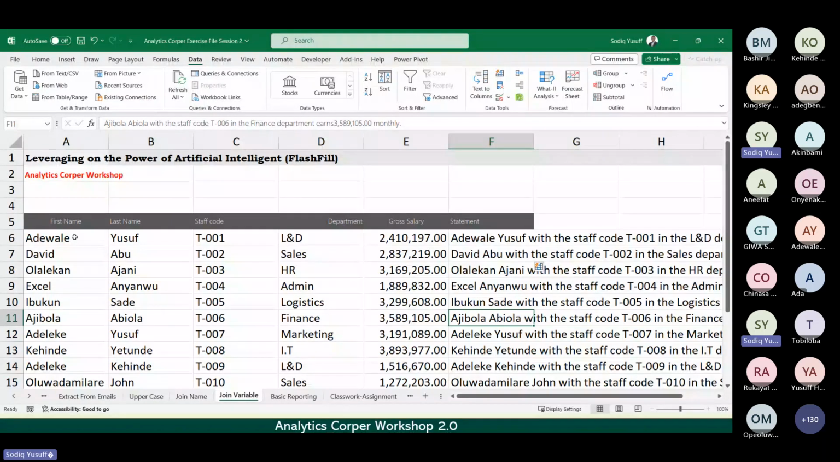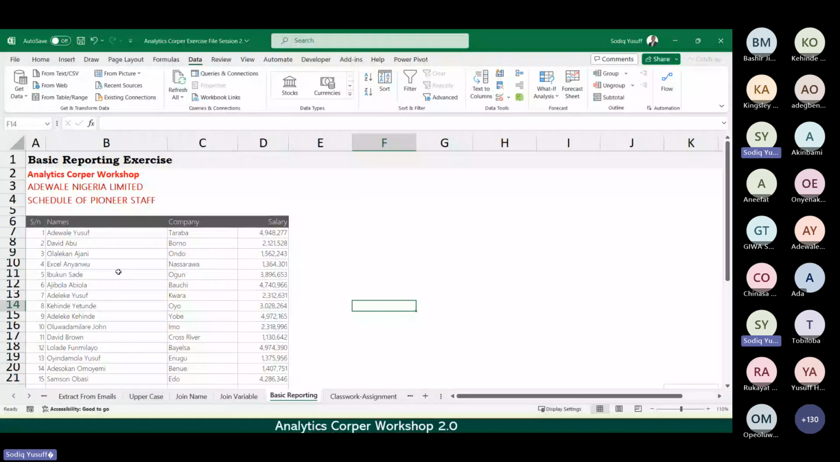On the basic reporting sheet, we have a table as well. We want to quickly do a mini report. And I'm very sure for most of us now